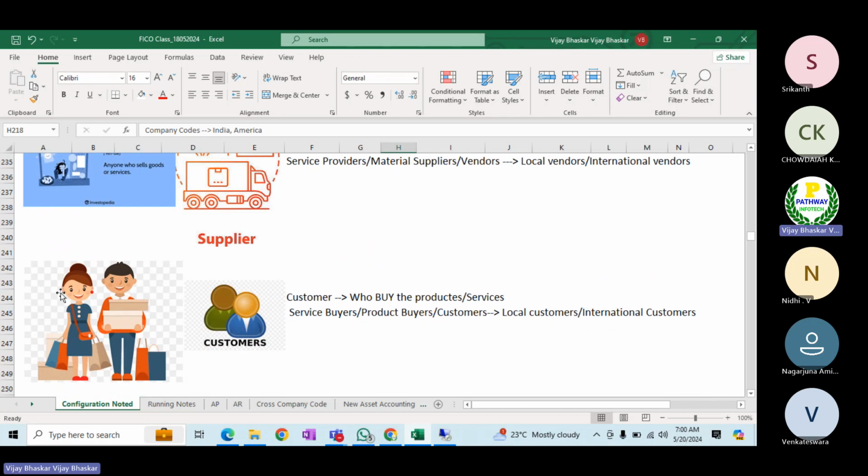Customers means, now you can see here, for better understanding, I have updated screenshots also. Customers means who buy the products, or who will take the services. Okay, who will take the services. The similar example here,